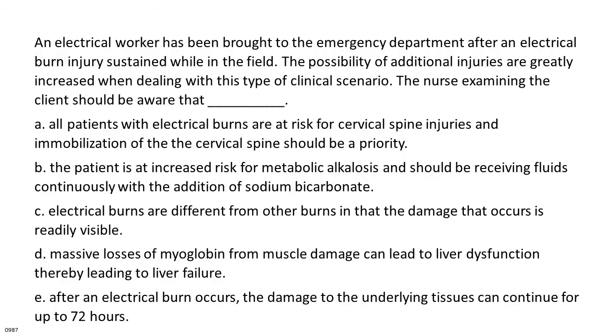An electrical worker has been brought to the emergency department after an electrical burn injury sustained while in the field. The possibility of additional injuries is greatly increased when dealing with this type of clinical scenario. The nurse examining the client should be aware that A. All patients with electrical burns are at risk for cervical spine injuries, and immobilization of the cervical spine should be